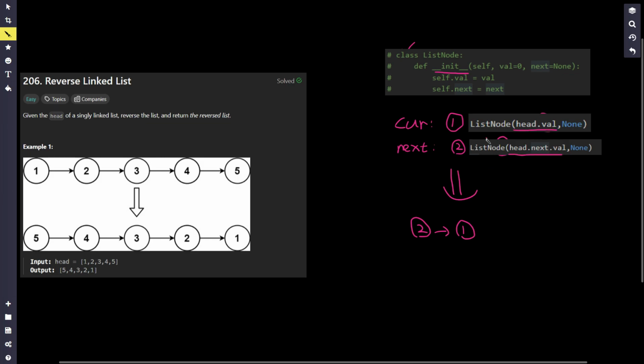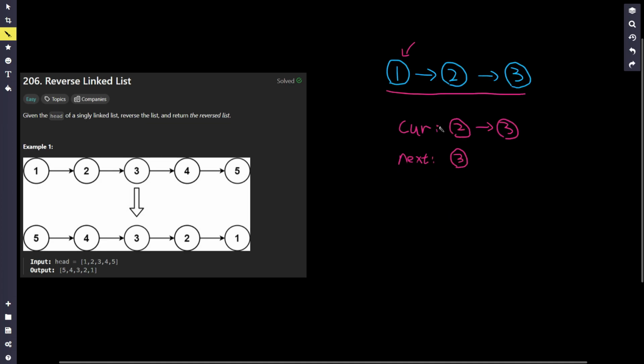I know this approach is not optimal in space complexity because we are creating new objects, but it is easy to understand. So you can see the intuition here: in terms of the reverse linked list, the current item actually becomes the next item, and the next item actually becomes the current item. So by calling current.next equal to next, we can assign the next of node 2